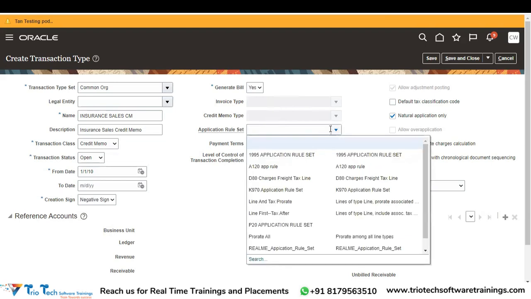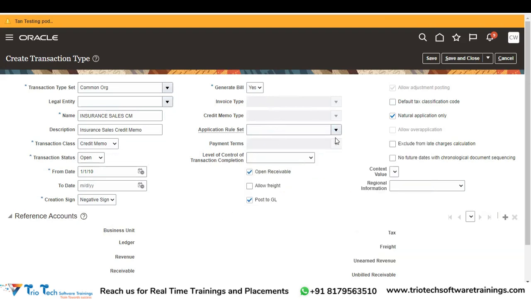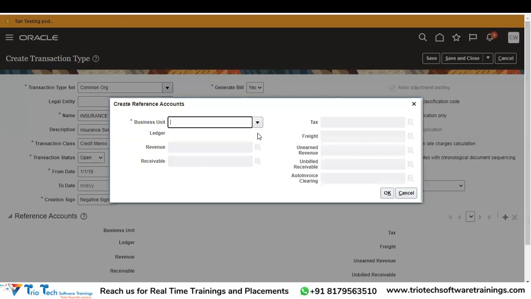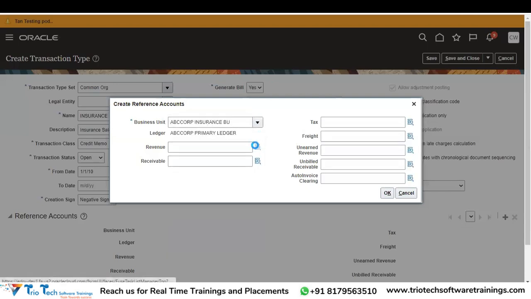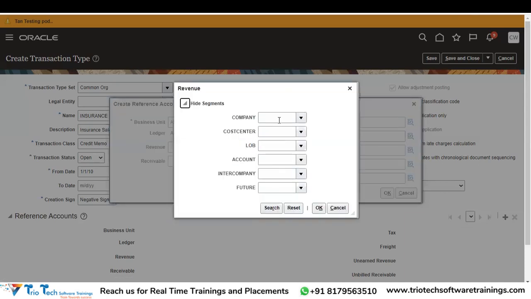Application rule set. In this case you want to set the application rule set for the credit memo application. So you can set it, but then again it is not a mandatory option. Open receivable, post to GL, natural application only. And then you will have to assign the reference account. First of all, you assign the business unit, and then the revenue account or any other account as a reference